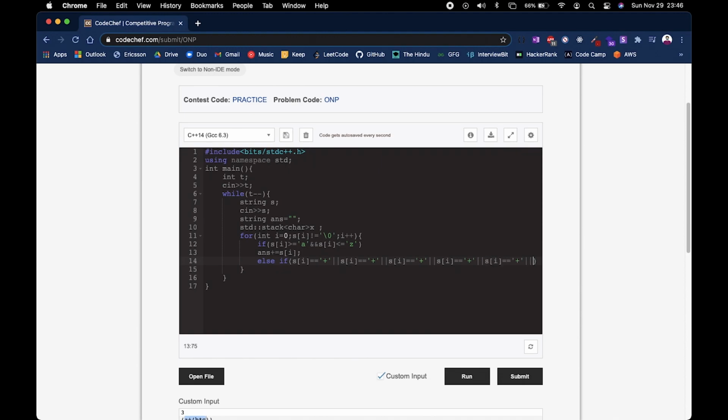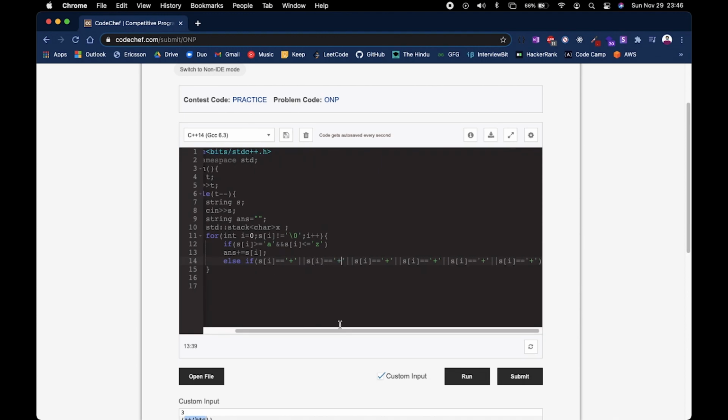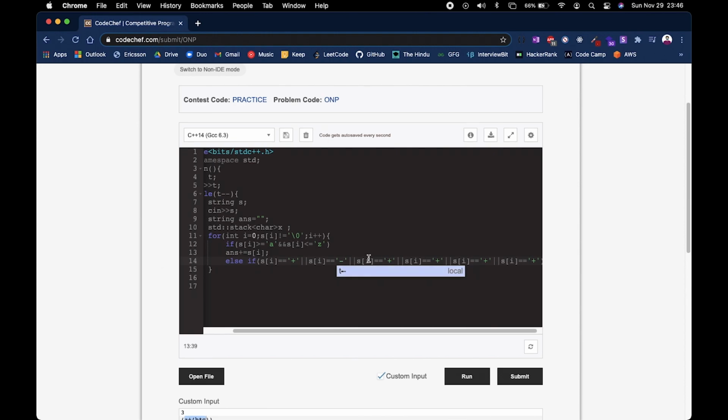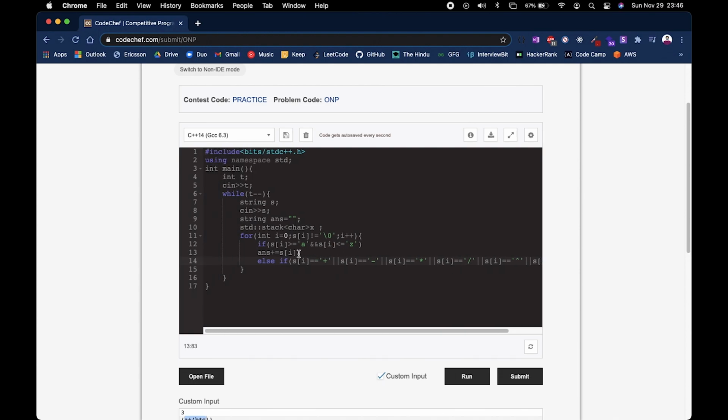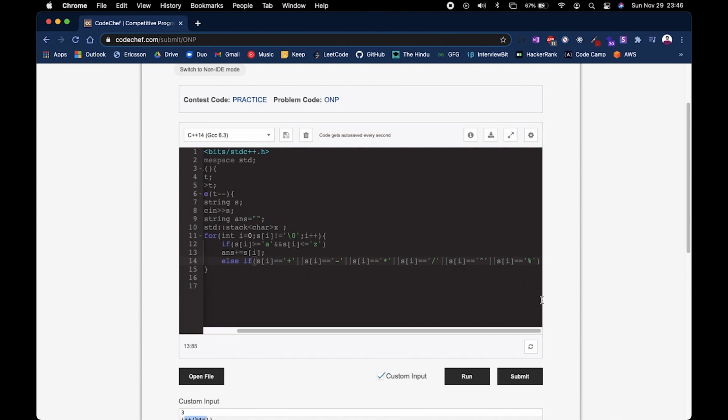Why, I'll tell you later. So basically we need to change this to subtraction, multiplication, division, power, and what is left, remainder. Okay, so whenever we find these, we'll simply put them on our stack. Now we'll start storing it in our stack. So we'll use the push function, and we'll provide the element as the argument for this function.